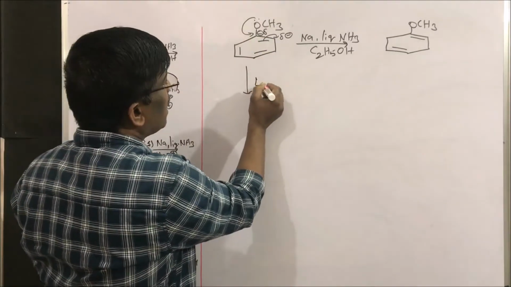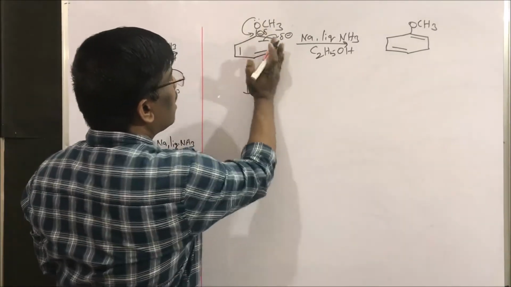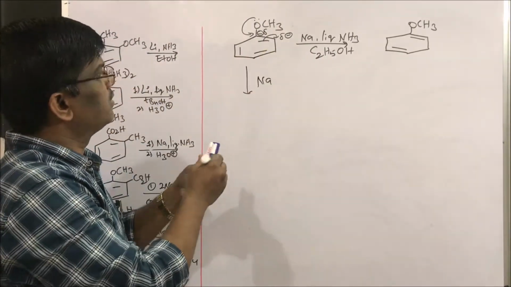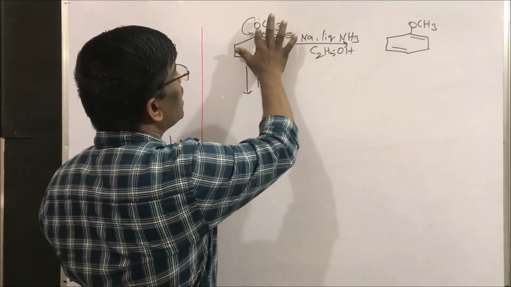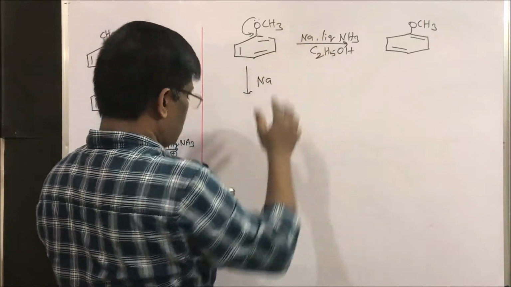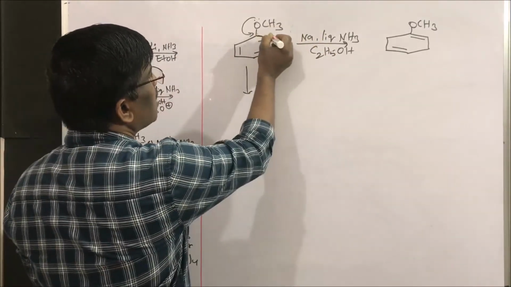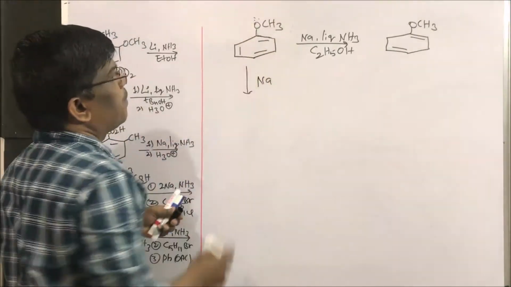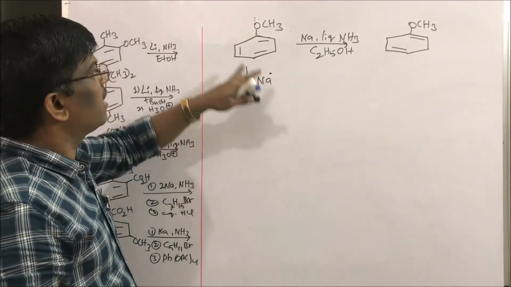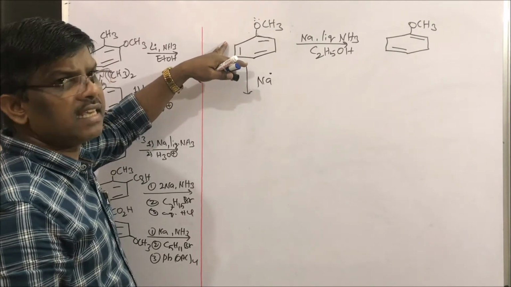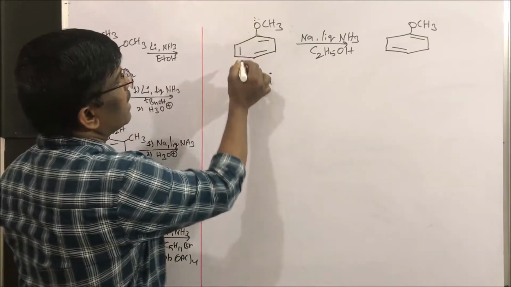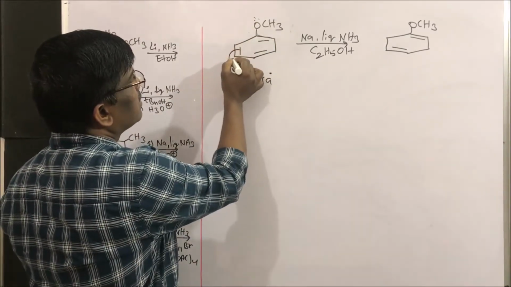The incoming electron from sodium, where is it possible? So this is not going to be disturbed. This double bond is not going to be disturbed. So where is the vacant place to enter this electron? This electron can enter at this place, because it is far from this donating group. Here let us see. Yes.